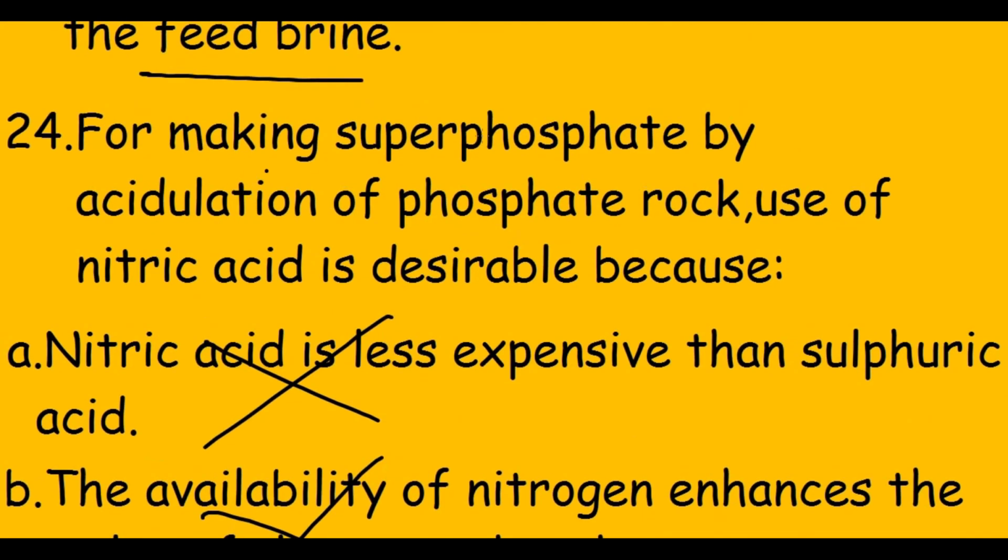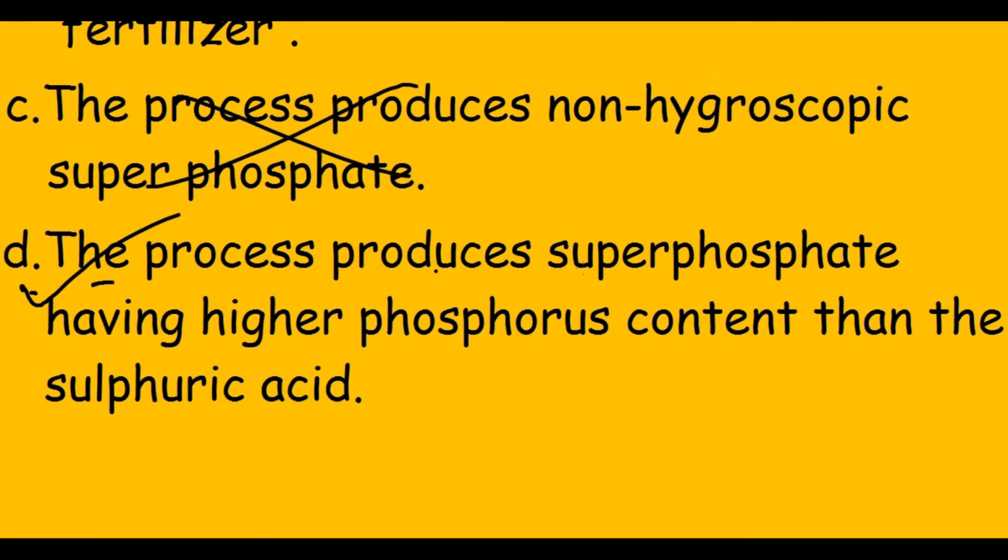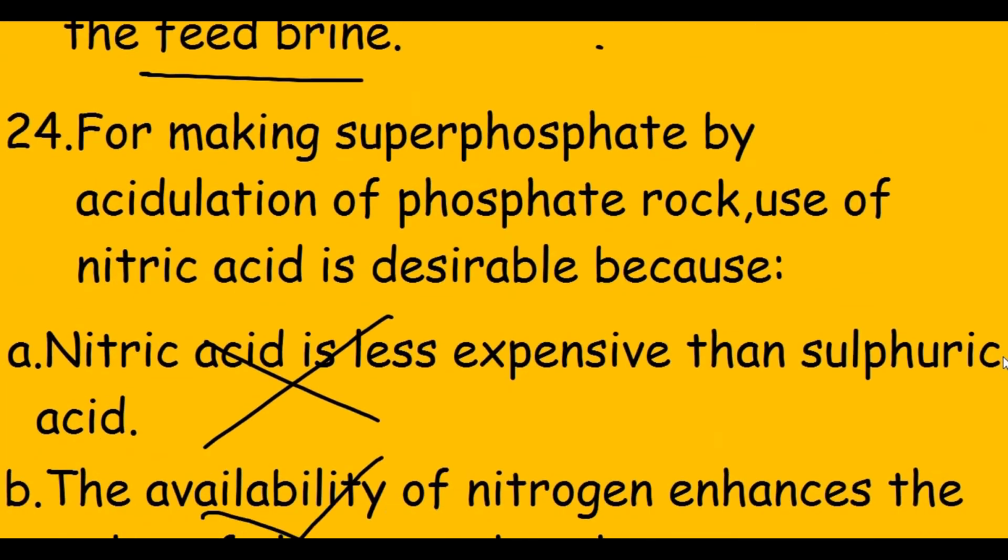Nitric acid is used for acidulation of phosphate rock to make superphosphate because the process produces superphosphate having higher phosphorus content than the sulfuric acid. So this is all about this problem. So next is,